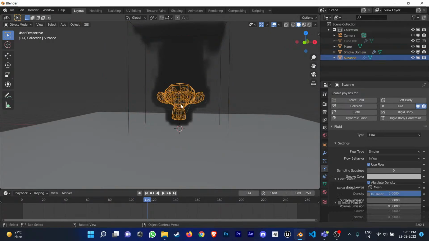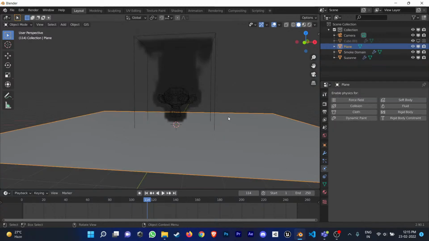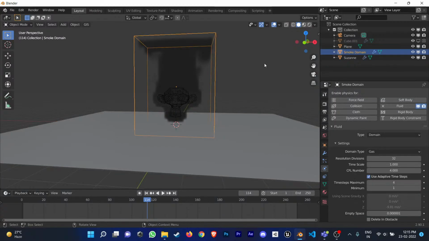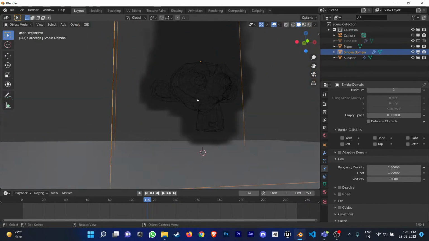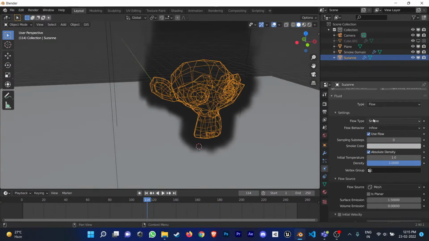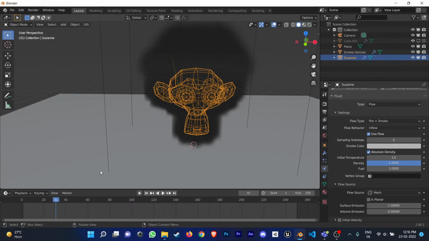So if we go to the physics tab, you can see everything is given itself, like the flow, smoke, inflow and everything, and the rest is the same as what we were doing in the fluid simulations. It has given us this, and we can just change things, like from smoke we can do fire and smoke. If I click it to play again,